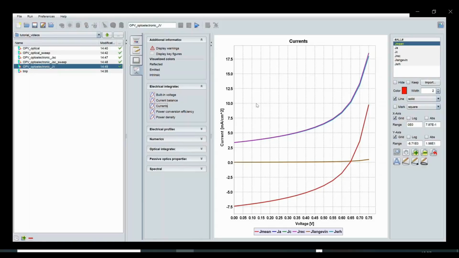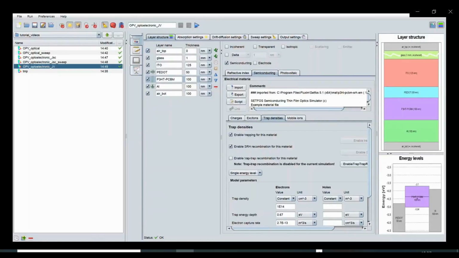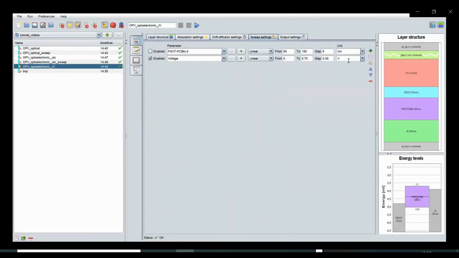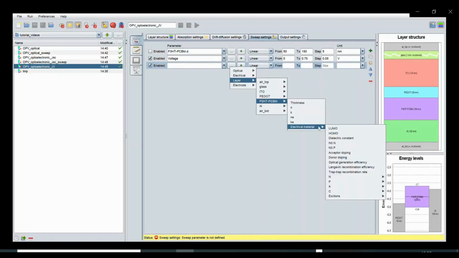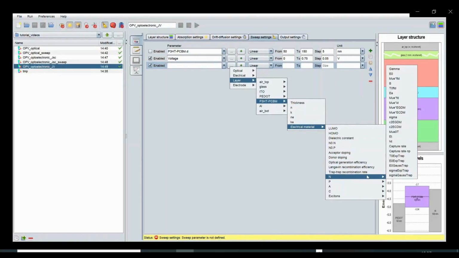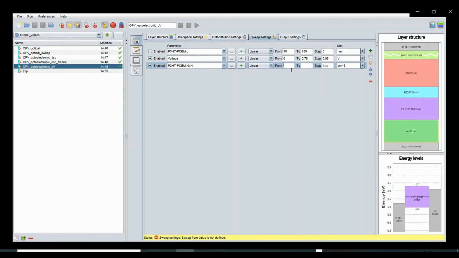In order to establish a quantitative relationship between the PV performance and the SRH recombinations, we now vary the density of defects in an additional sweep. So we go through the sweep setting and then we add here the sweep, and now look at the electrical materials property. Electronics, set here the density of traps from a very low to a rather high value and set one step per decade on a log scale.